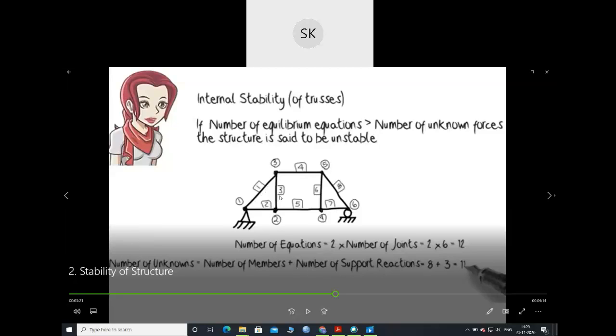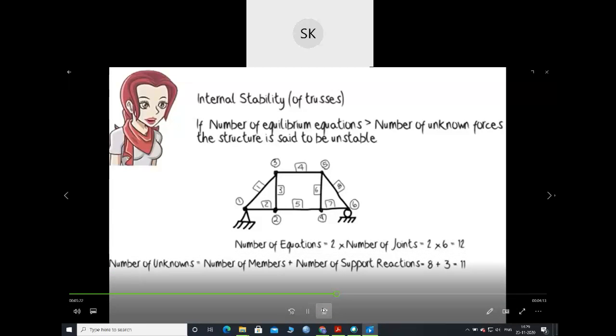So how many members? 1, 2, 3, 4, 5, 6, 7, 8. So there are 8 members plus support reactions. Your roller support will give a single reaction and your pin support will give 2 reactions. So total will be 3 reactions. So you can clearly see that your equilibrium equations are more compared to your unknowns. So this truss will be